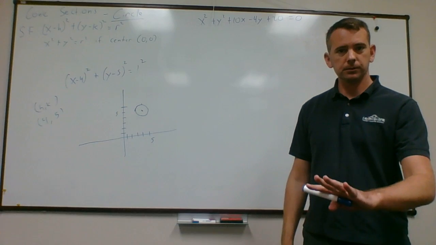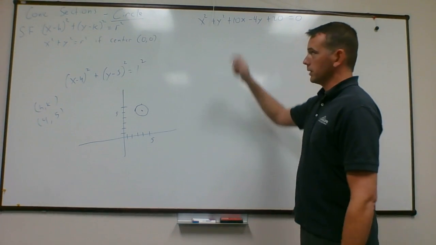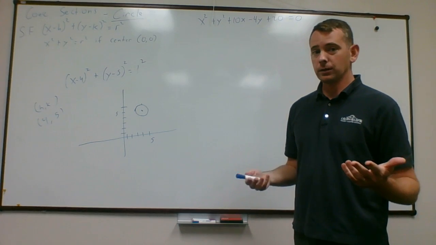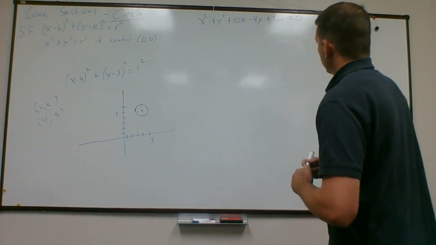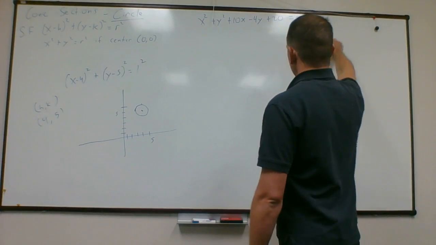It has to be a circle. And that's really all I've got. So we're going to have to put this one in standard form before we can do anything with it. And in order to do this, since these are both squared and we have no common factors,